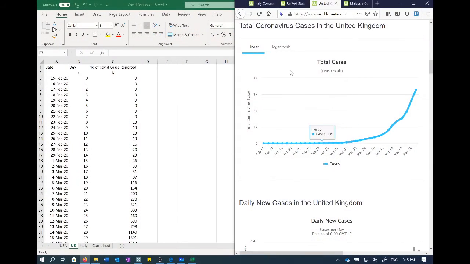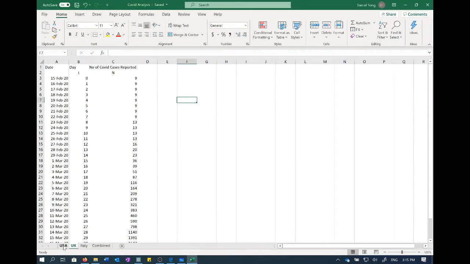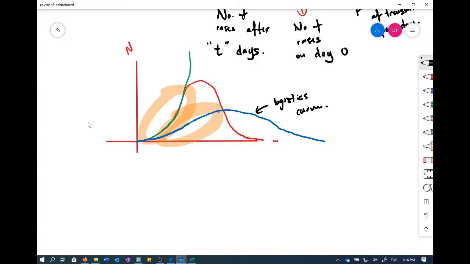So what I'm trying to do here is I actually did some analysis for USA and Italy, and today I noticed that the UK numbers are out as well. And so I thought I would do a little bit of analysis and see whether we can tell if the numbers of COVID cases are growing faster in Italy versus USA or versus UK. Okay, so the background is this. The current situation is